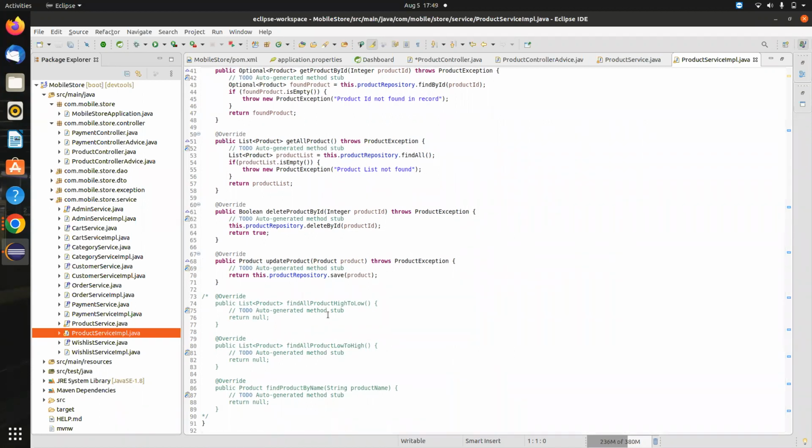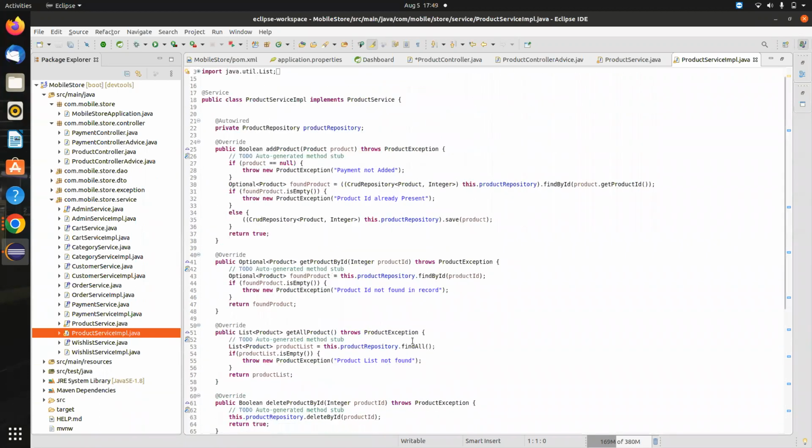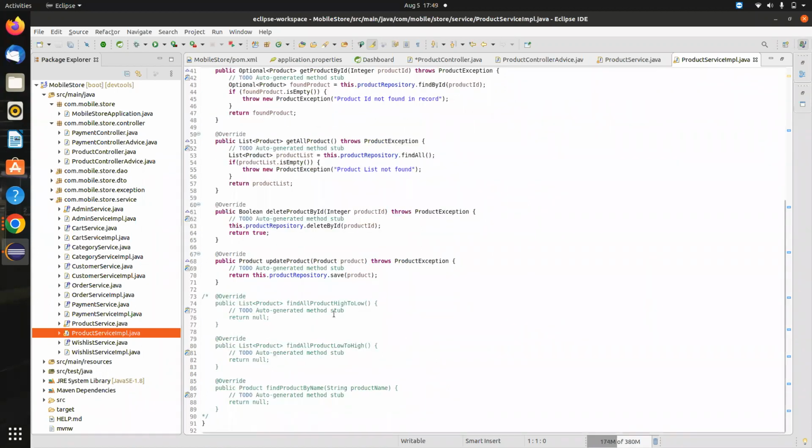Maybe this weekend, sir, this is for sorting. We are sorting the product by name and by their price. We will be implementing this by this weekend, and we will show it to you by Monday. So these are additional functionalities, okay? These three are sorting the product by price from high to low and low to high, and by name, alphabetically, A, B, C, D.